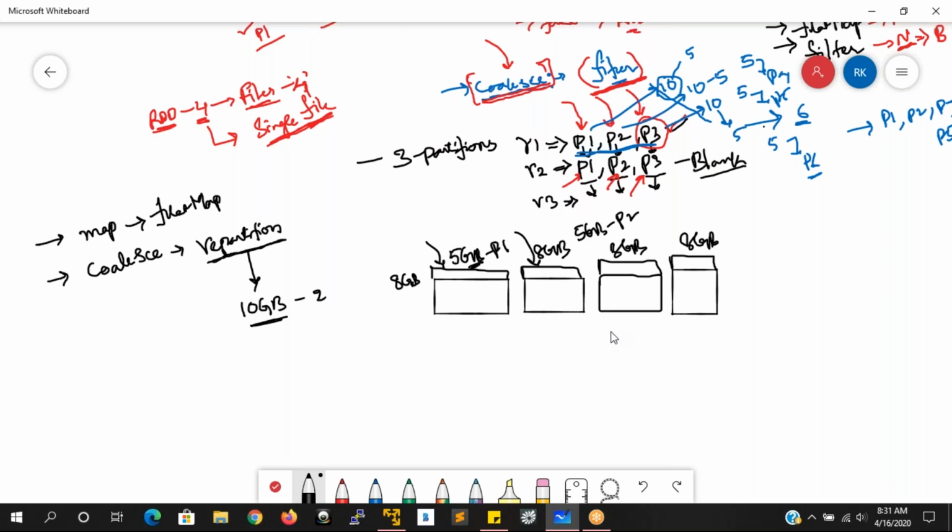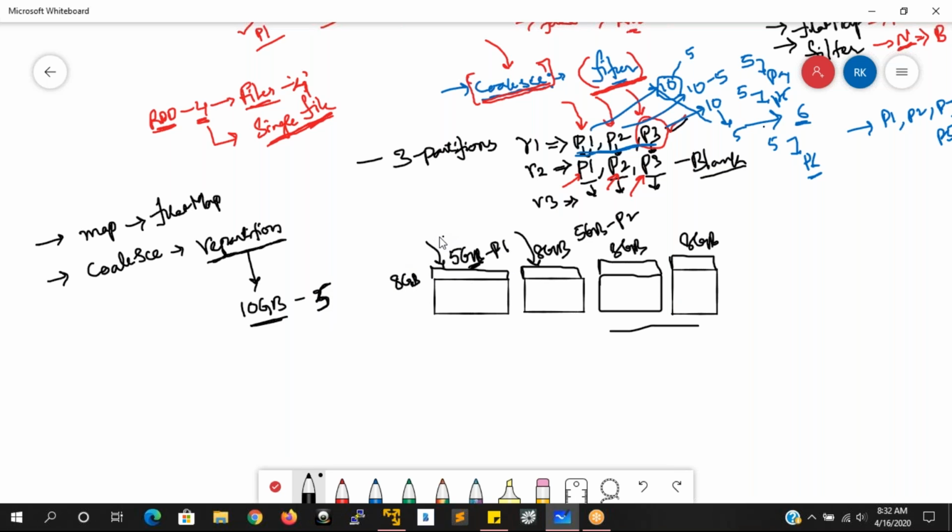But we have another two machines where the memory is free and can be occupied. We have created only two partitions, 5 GB and 5 GB being processed. So rather than processing 5 GB and 5 GB, can't we accommodate the same data into four or five partitions? If I say repartition 5, what is going to happen?